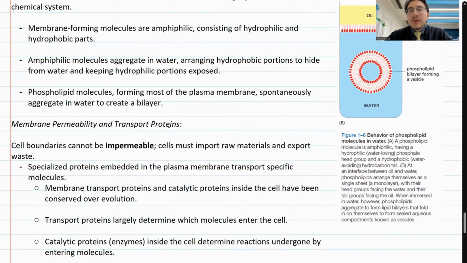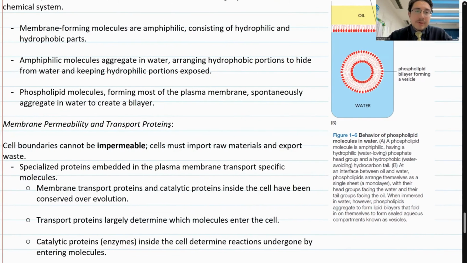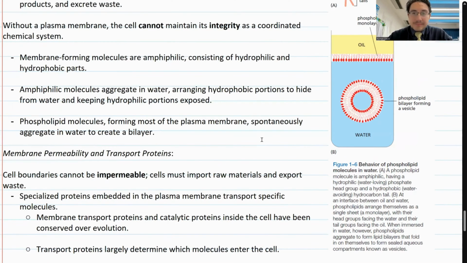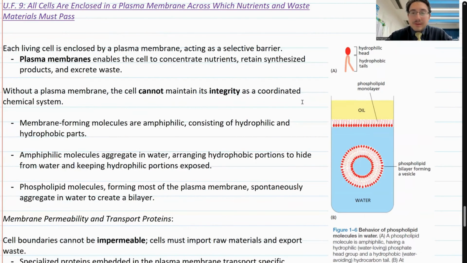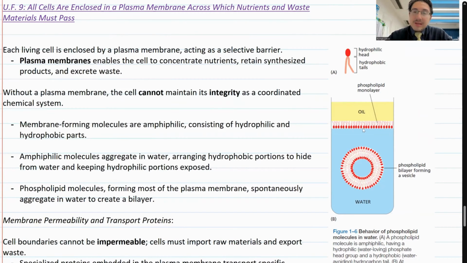The way this works is that it's composed of phospholipids, a phospholipid bilayer, which has a hydrophilic region and a hydrophobic region. As you can see in this diagram here, if you were to put these phospholipids into a beaker of water and oil, you would have, in this little area where you have oil and water,